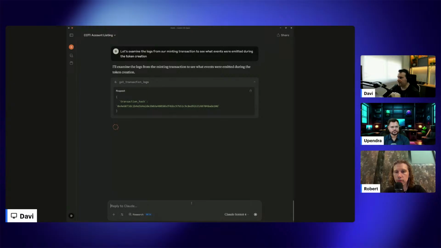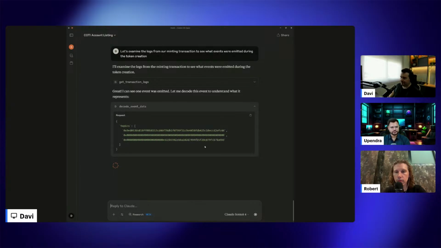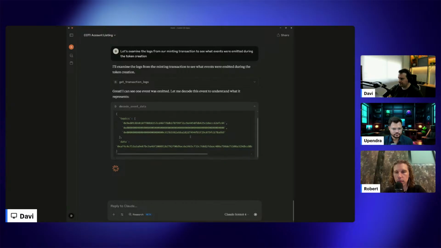So now we have a tool called get transaction logs. The AI already passed the transaction hash to this tool, and I can see now all the topics and also the data here that's encoded, right?